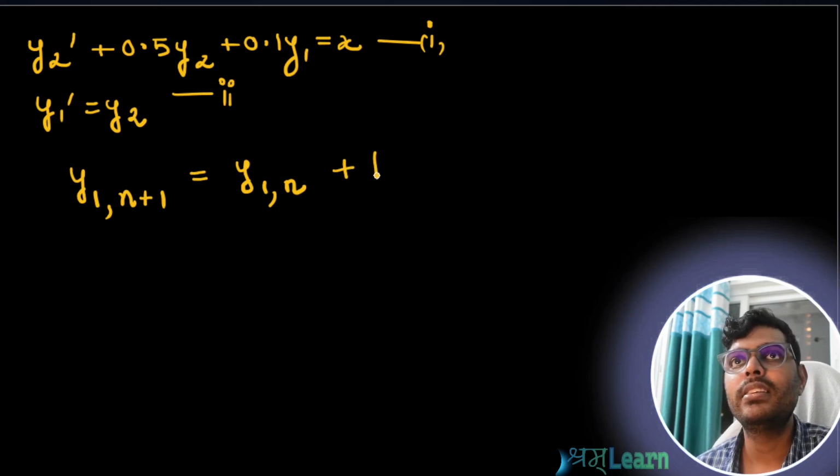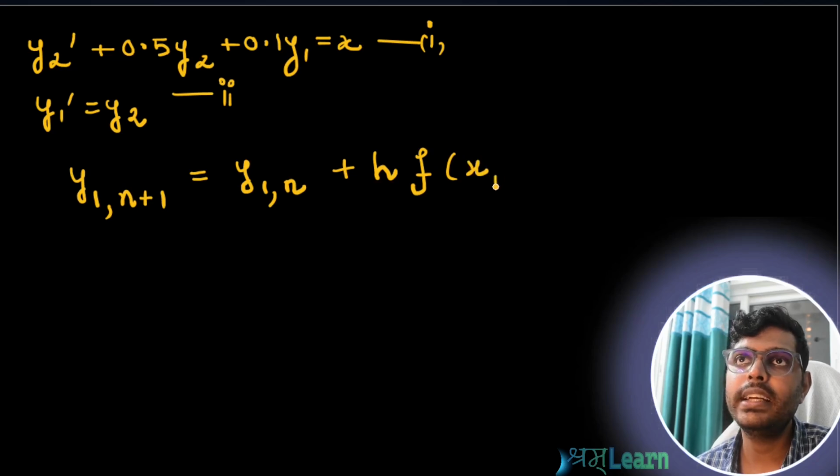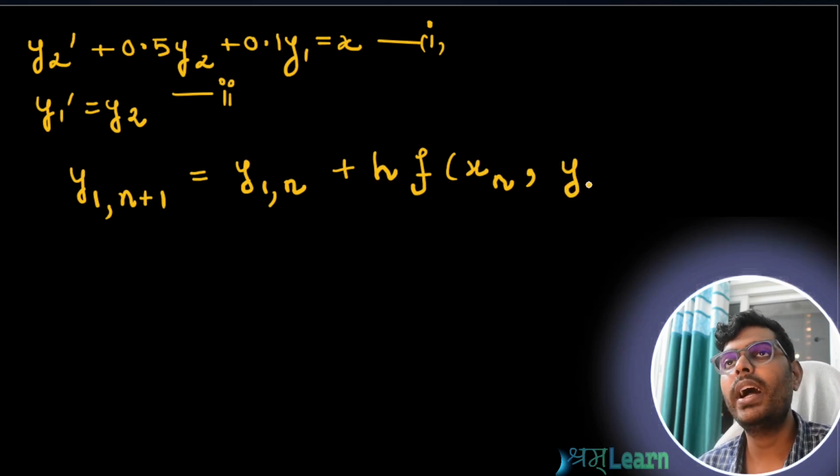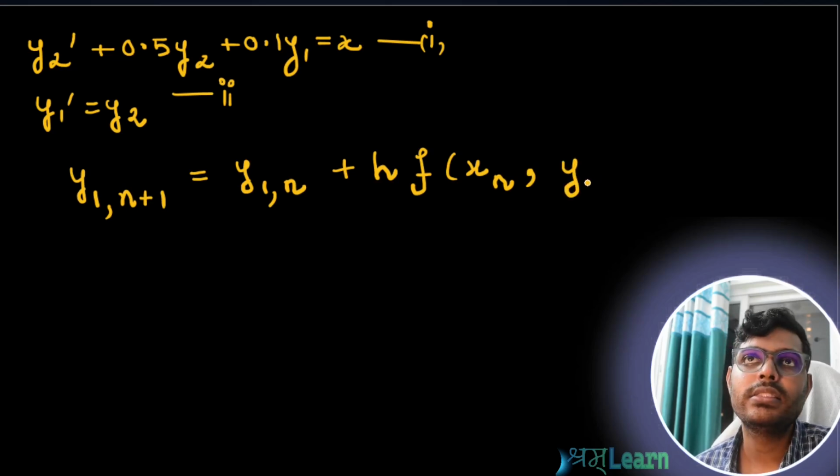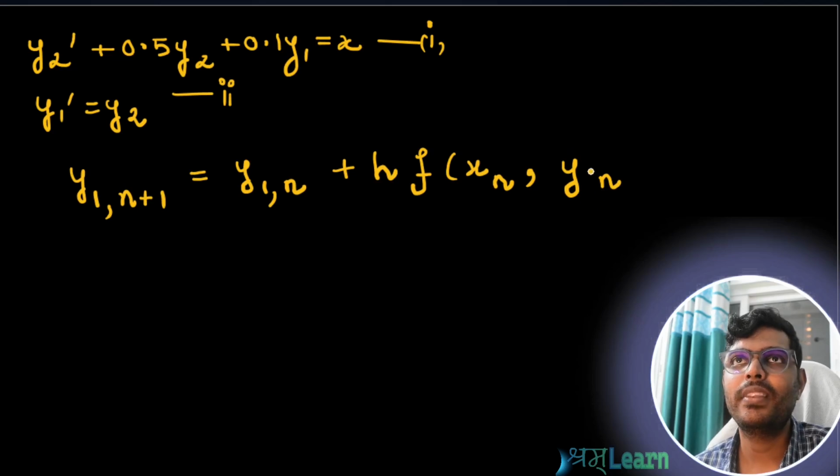Plus step size times some function of x, right, xn comma yn. But what is this y here? I have to give a subscript. You can see this as y2. Okay,